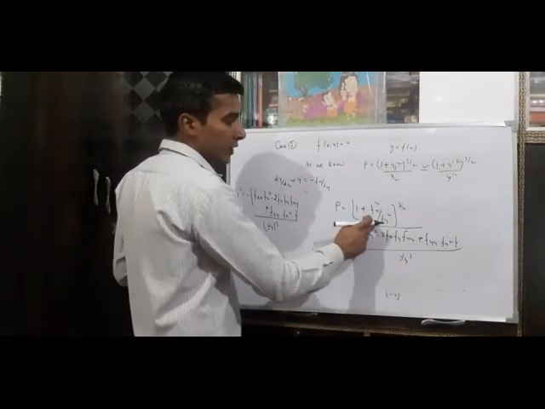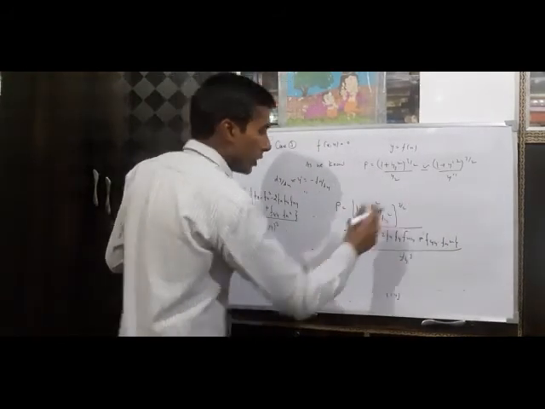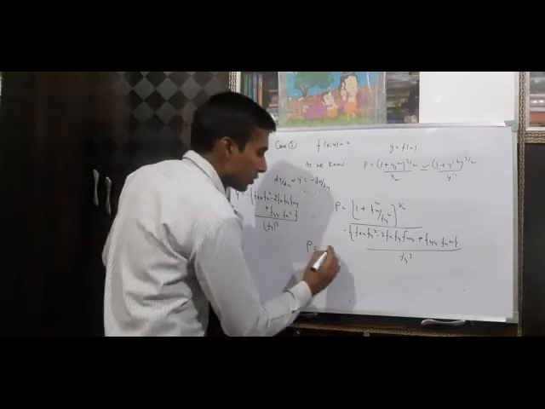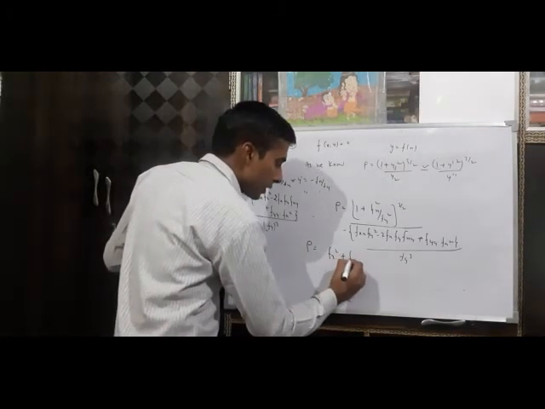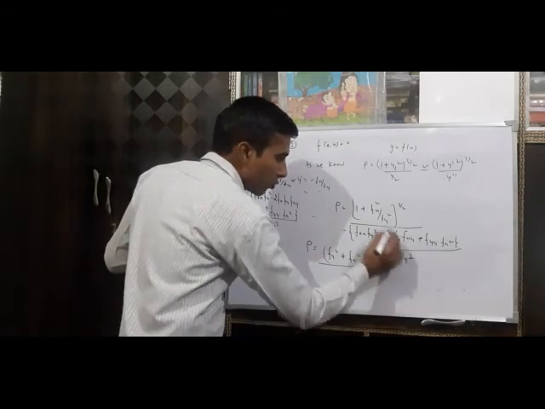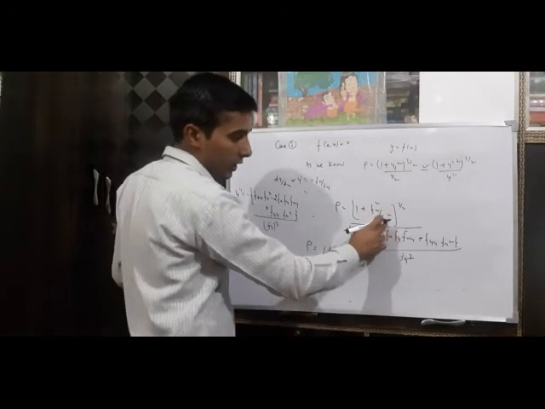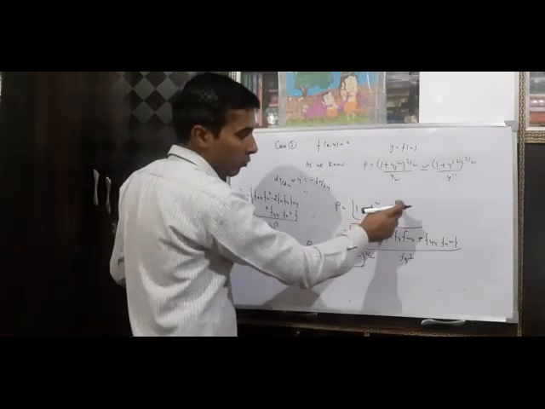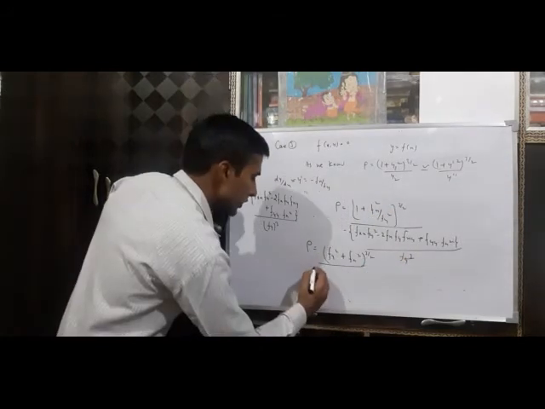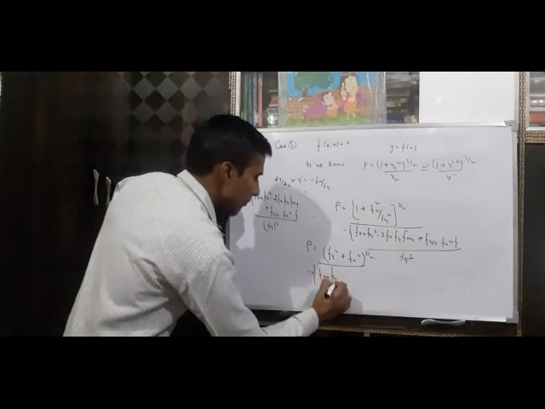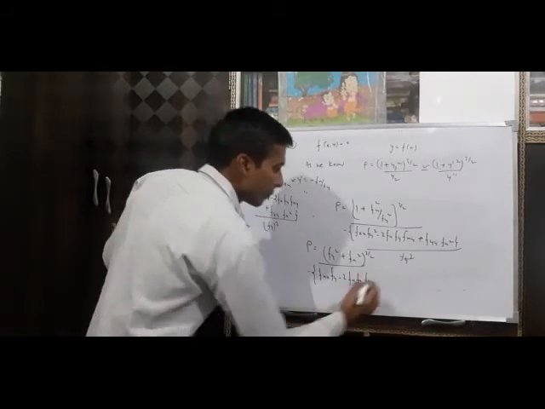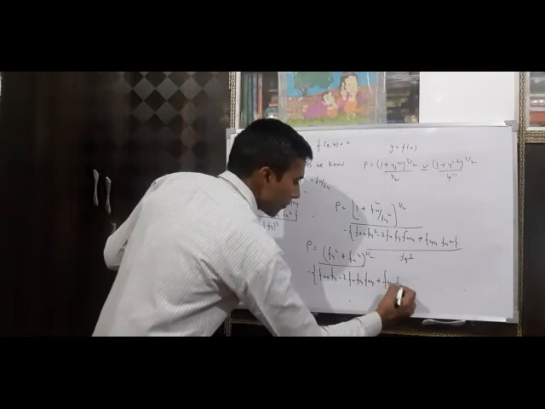When we take the LCM of this and take the power 3 by 2, in other words we can say the radius of curvature is (f_y square plus f_x whole square) raised to power 3 by 2. And f_y cube cancels with this f_y cube, and this is f_y square in the denominator, and the square and the power 1 by 2 cancel, so it is f_y cube, and it cancels with this f_y cube. So in the denominator the term is f_xx f_y square minus 2 f_x f_y f_xy plus f_yy f_x square.